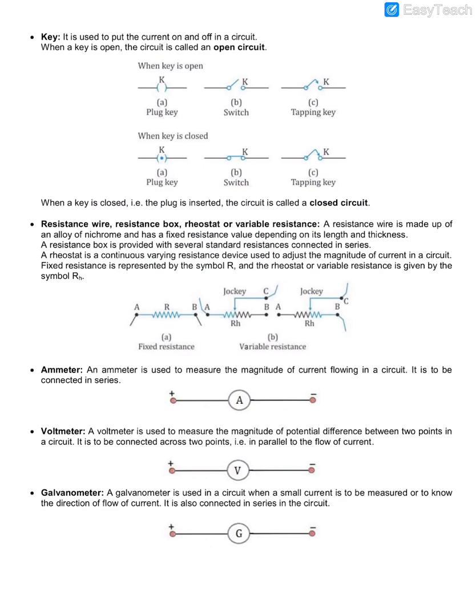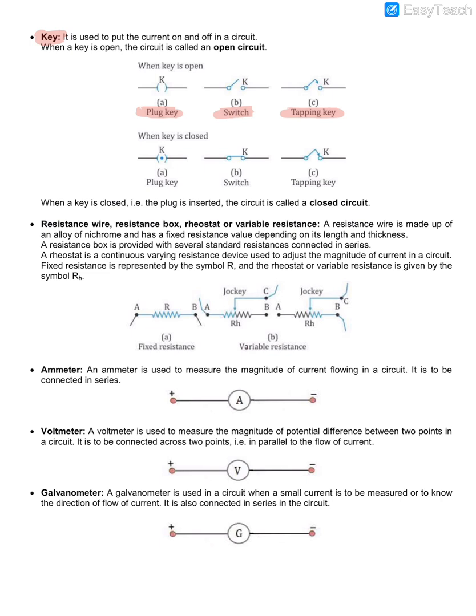Now next we are learning about the key. So what is a key? Basically you can put a circuit on or off, or you can say open or close, with a key. Now you can see there are different types of key or switch. One is the plug key, then there is a switch, and then there is a tapping key. A plug key is like the keys you have for your bikes or cars. You just push that key inside, like those kinds of keys in the labs, and then it becomes a closed key.